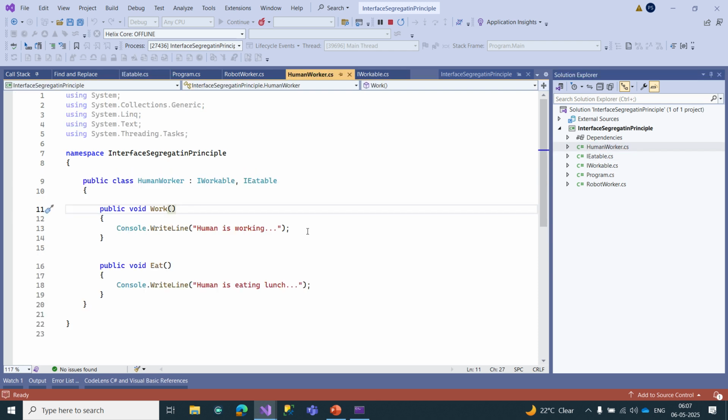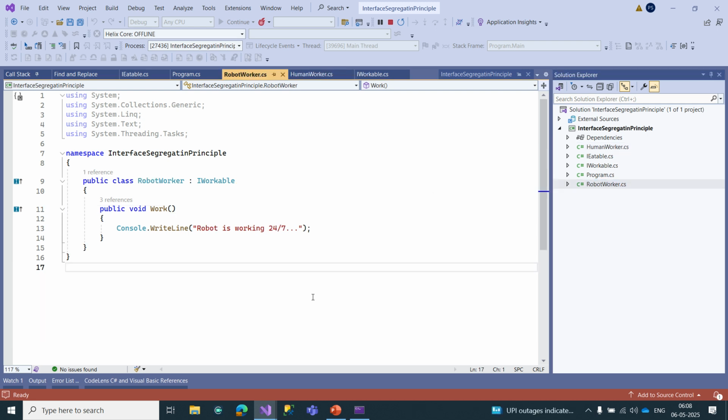In the HumanWorker class, I will implement both the interfaces because humans will implement the methods declared in the IWorkable as well as IEatable. Whereas for RobotWorker, look, we don't have to implement the interface for IEatable, which solves our problem that classes can use only the interfaces that are needed for them.